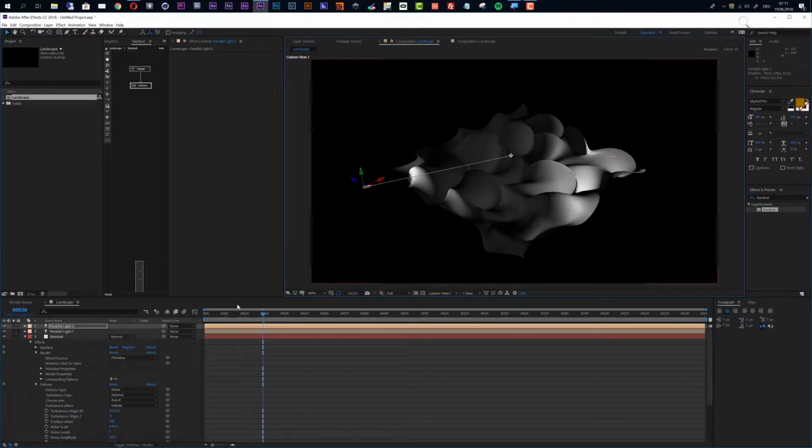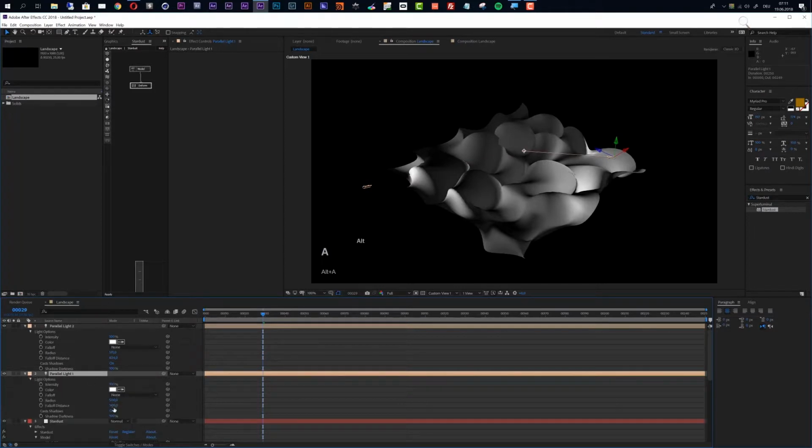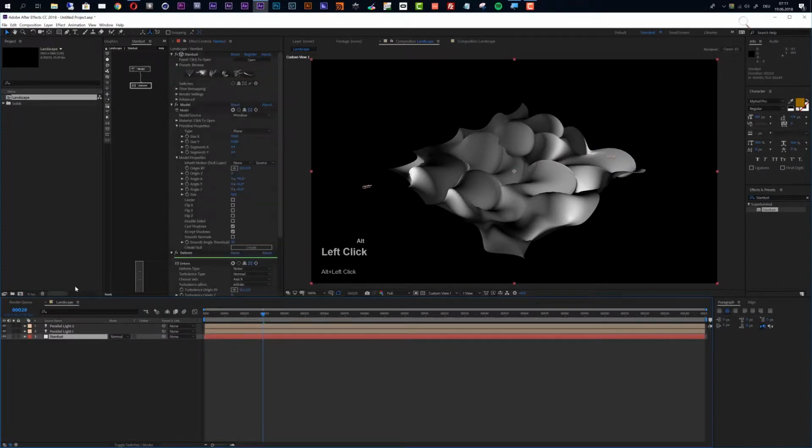But actually, I do not want to deform the mesh based on a noise. I want to deform the mesh with a map. Now let me quickly increase the radius, the fall off distance of these lights here, so that I have a bit more light in my scene. Okay, now let's move back to Stardust